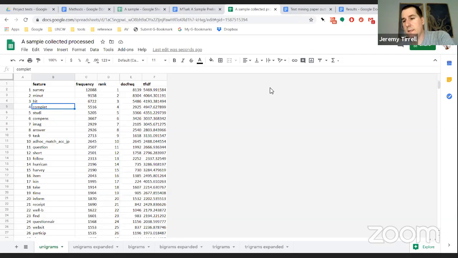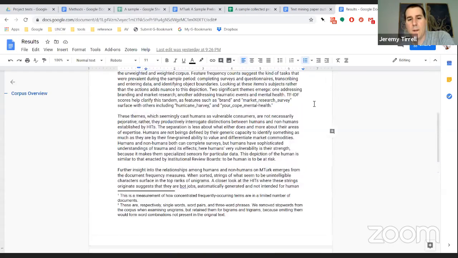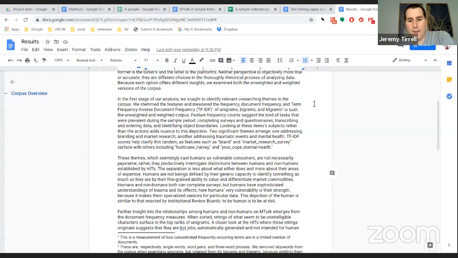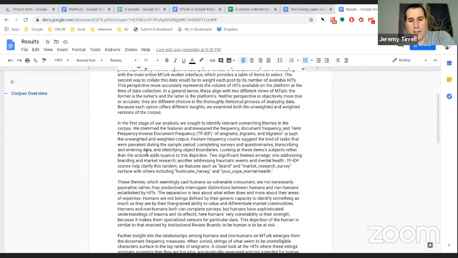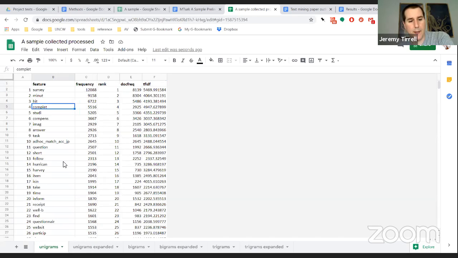One thing that does come up, and this is mentioned in the results, are those kinds of data collection and transcribing and entering data. Because that is something that pops up, like the ISIN codes, that does pop up. I think in TF-IDF,